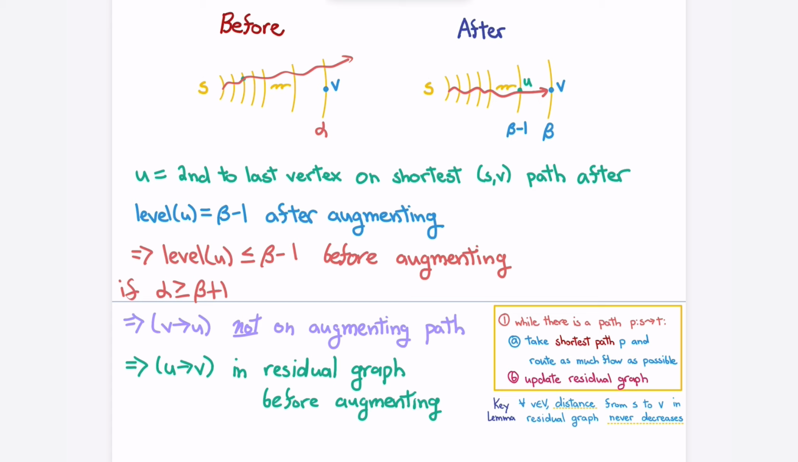Okay, good. I confused myself. So if, by contradiction, alpha was at least beta plus 1, that's what we're claiming can't happen. Then we know that